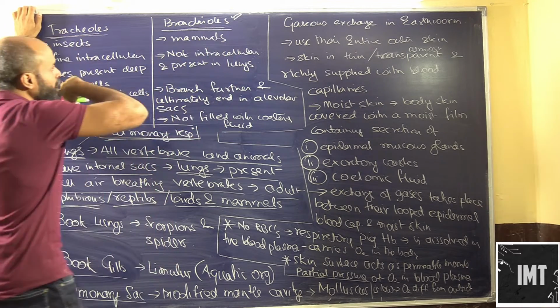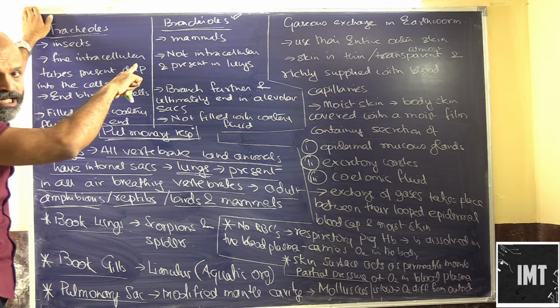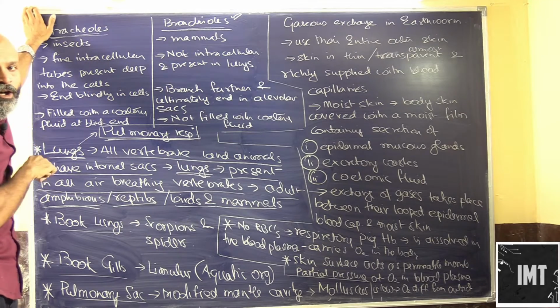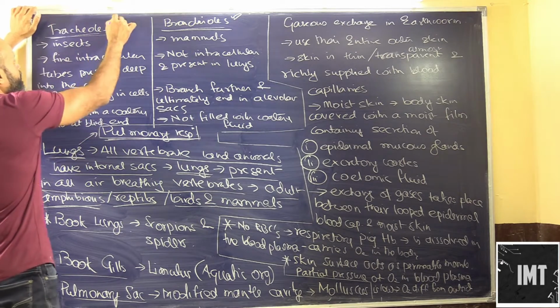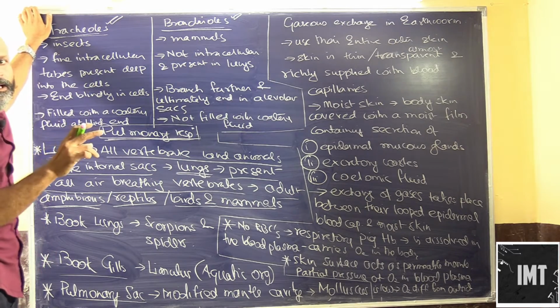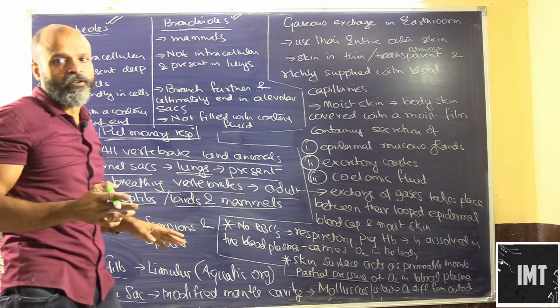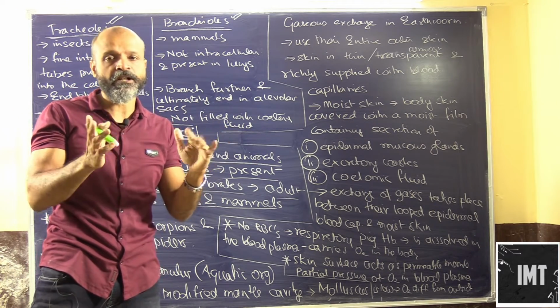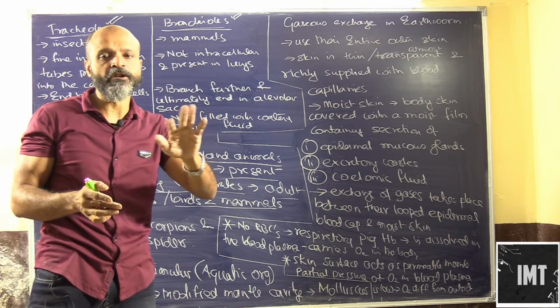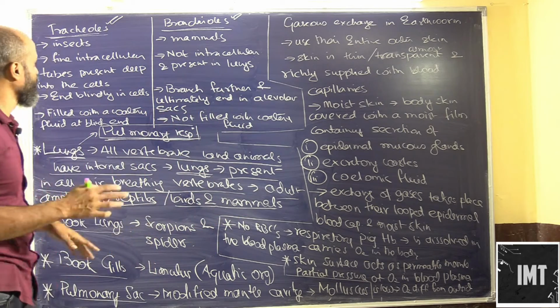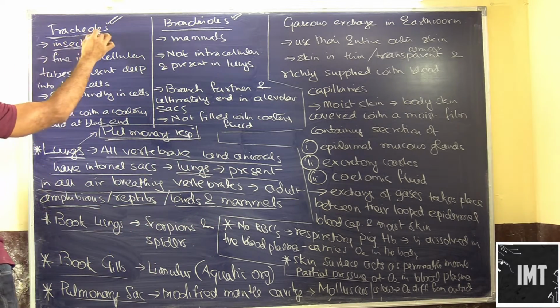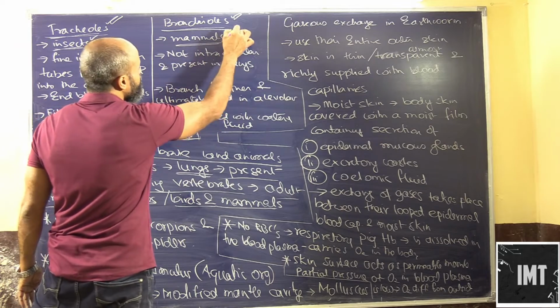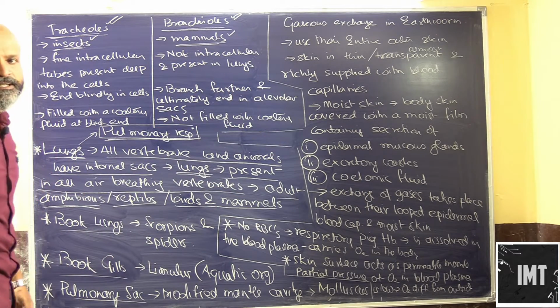Bronchioles are present in animals which have lungs, or rather pulmonary respiration, and tracheoles are basically present in arthropods or insects. Tracheoles do not have a body fluid. Their respiration is direct. Air enters through the tube and gets transported to the entire body. So this is present in insects or arthropods. The other type of respiration is basically present in mammals like us.